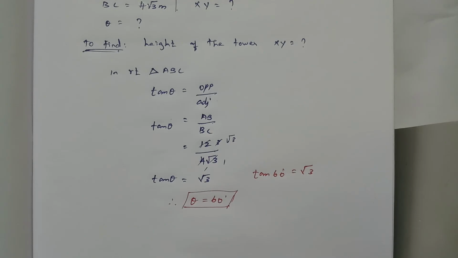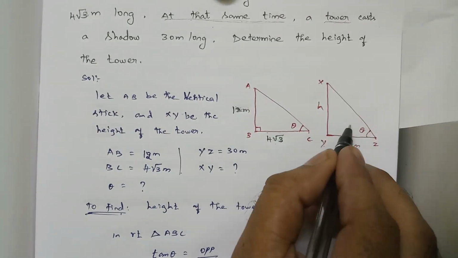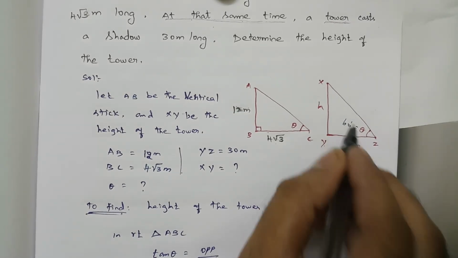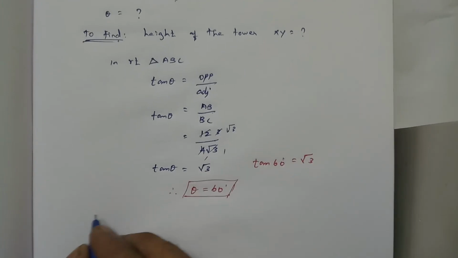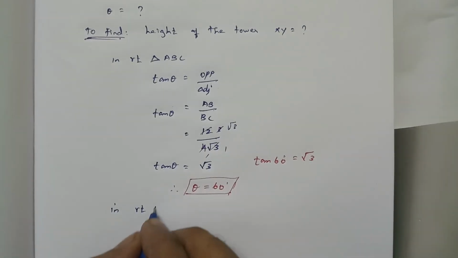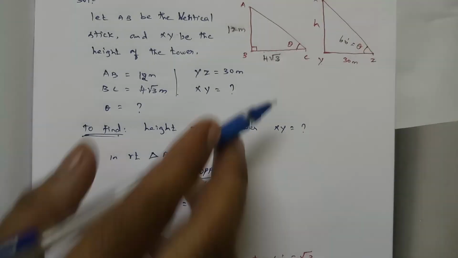Now we know the value of theta. What is the value of theta? Theta is equal to 60 degree for the second right angle triangle also. Theta is equal to 60. So now we come to right triangle XYZ, right? See, we know the